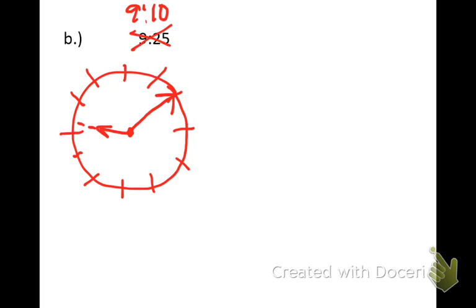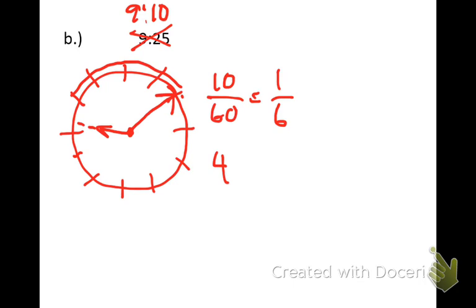So we follow our process. We take 10 minutes over 60. That equals 1/6. Right? Then we count the whole sections of 5 minutes. So you always go the short way around. Okay, you go the short way around, so it'd be 1, 2, 3, 4. 4 whole sections of 5 minutes. So we're going to take 4 times 30 degrees